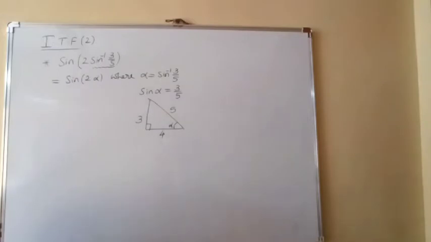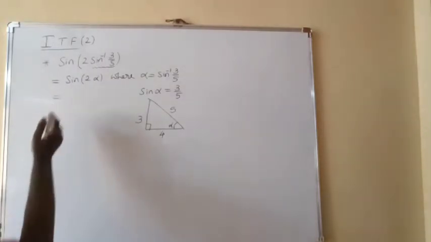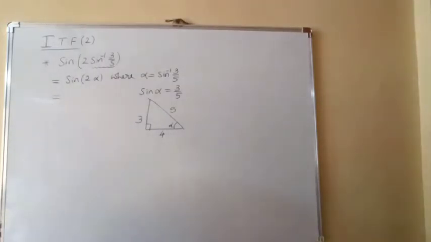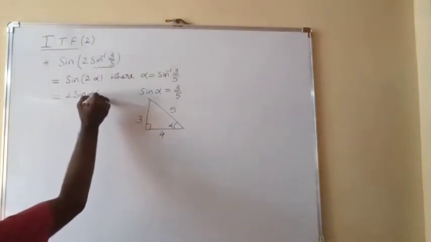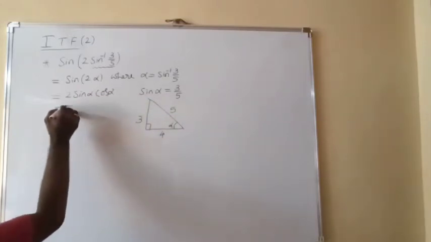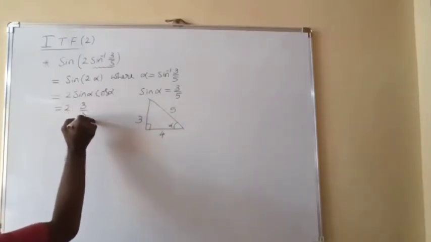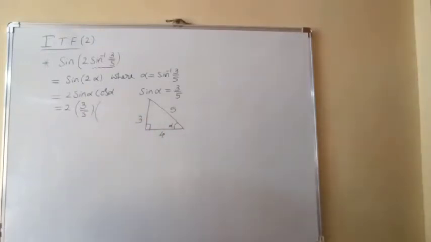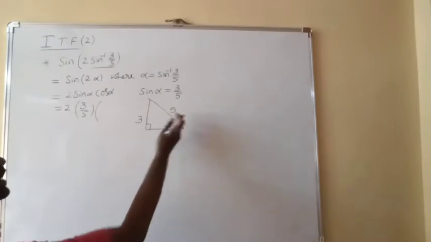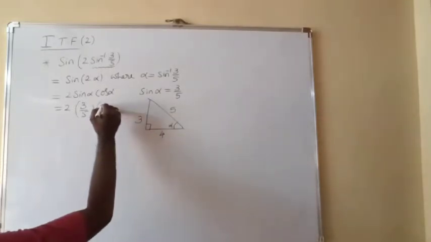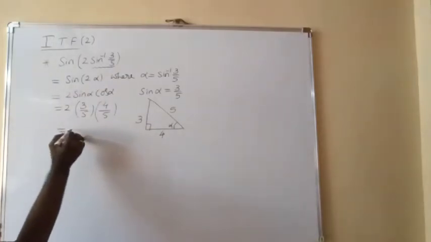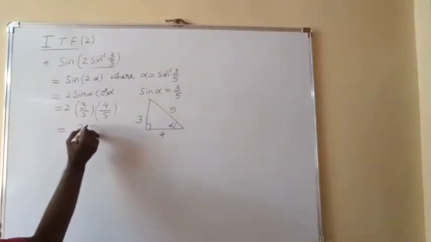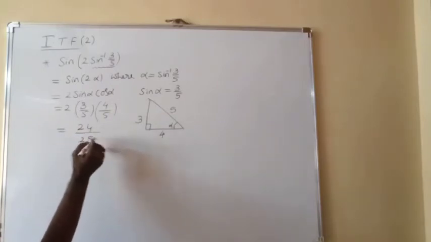Okay. Now we need to find the sine 2 alpha value. For the sine 2 alpha formula, you can use any formula, in terms of tan or in terms of sine and cos also. I am using the basic formula 2 sine alpha cos alpha. So 2 into sine alpha, which is 3 by 5. How will you get cos alpha? Just see the triangle. Cos alpha is adjacent side by hypotenuse, 4 by 5. That's why I have drawn the triangle. Now if you simplify, what will you get? 2 threes are 6, 6 fours are 24, 24 by 5 fives are 25.